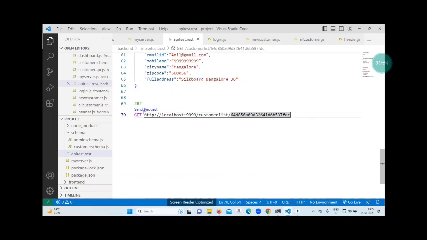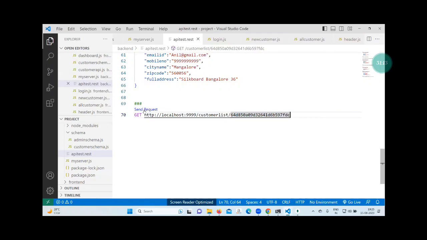If you have written the API, how can you protect the API? Then we can explain from the beginning: when the user logs in, it will check in the database whether the username and password exist or not. If it exists, then the server will give a token number. That token number will go to the client. The client will store the token number somewhere in local storage or session storage. The client is React or Angular or JavaScript.